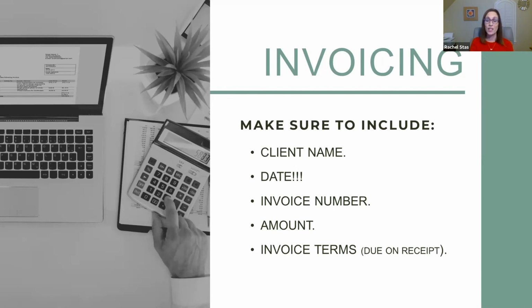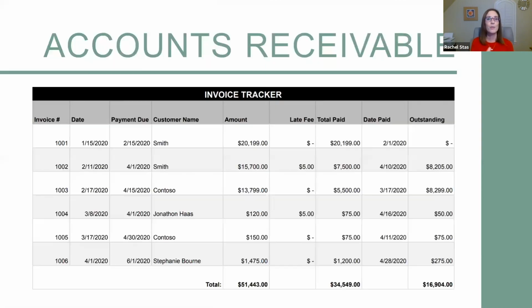Once you get those invoices going and they're out, you're going to want to keep track of where they are, so what you have outstanding. Again, a hand ledger, an Excel sheet, or the software will do it. All of these are valid ways. I've also had people who have two copies of the invoice. They'll send out one and keep their copy, and mark it paid once they've gotten paid. That is one way to do it.